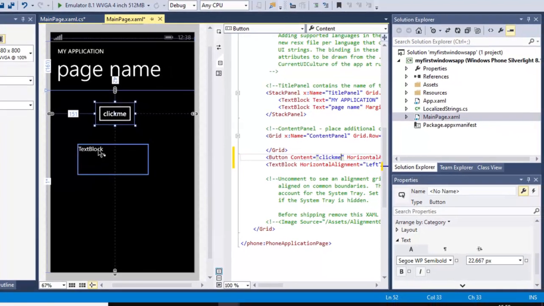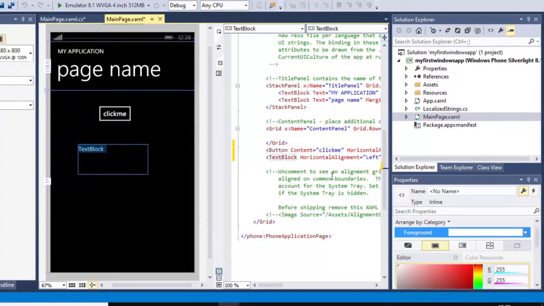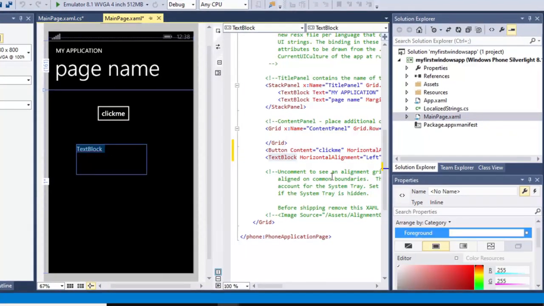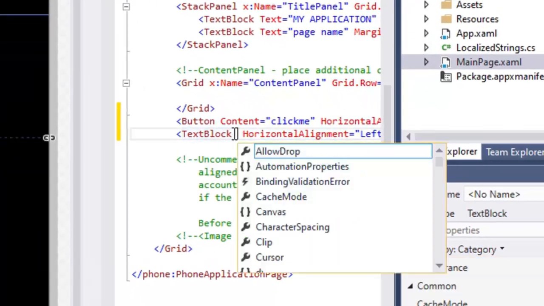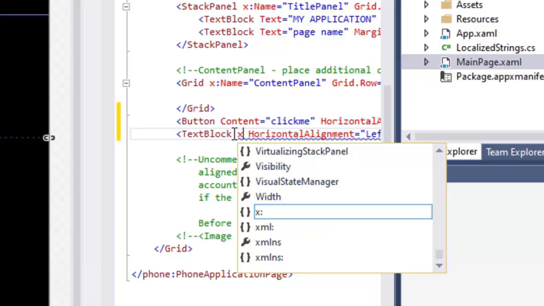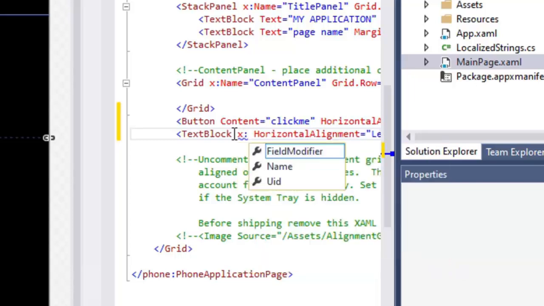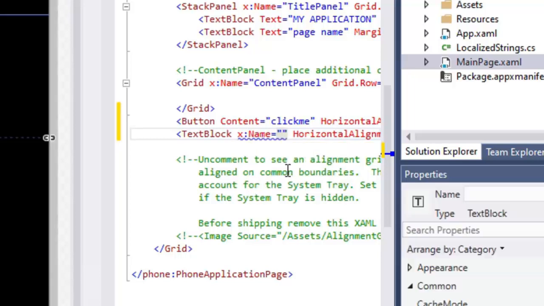Now click on text block. I want to give name to the text block. So just go here in the text block, choose x colon name equals to my block.